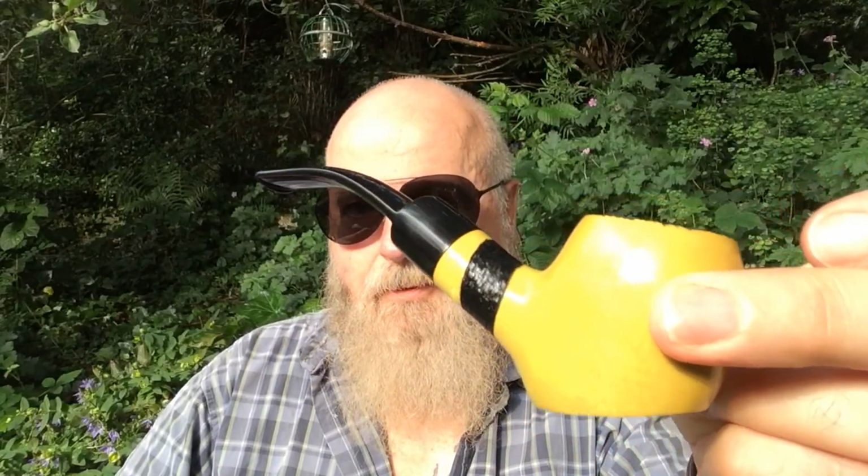Bit more glare. Another success with the pipe. I like it. I have no regrets about spending the money. When you hold these pipes, you can tell that they're not fantastic quality. I mean, they're fairly lightweight. But, for £13,